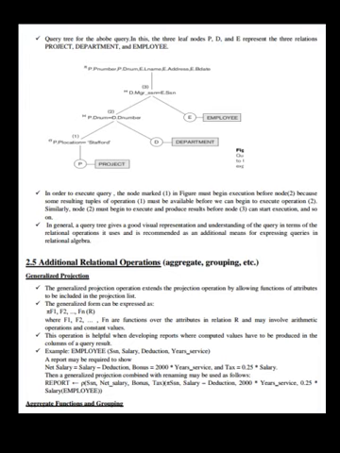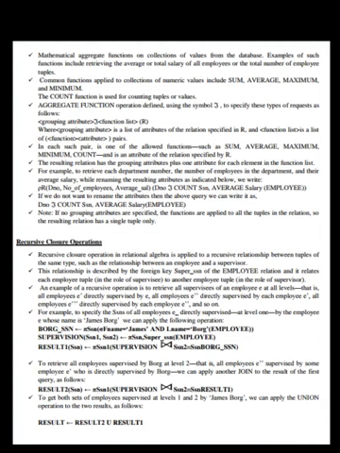Aggregate functions and groupings. Mathematical aggregate functions on collections of values from the database. Examples of such functions include retrieving the average or total salary of all employees or the total number of employee tuples. Common functions applied to collections of numeric values include sum, average, maximum and minimum. The count function is used for counting tuples or values. The aggregate function operation, defined using the symbol see here, specifies these types of requests as follows. See here,